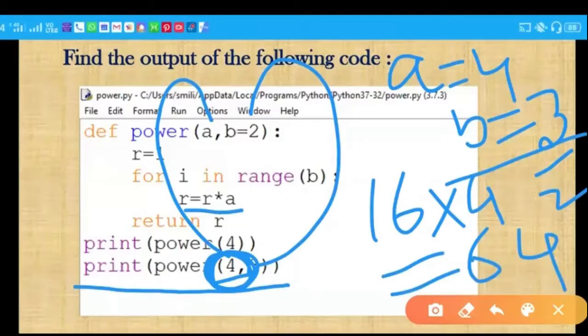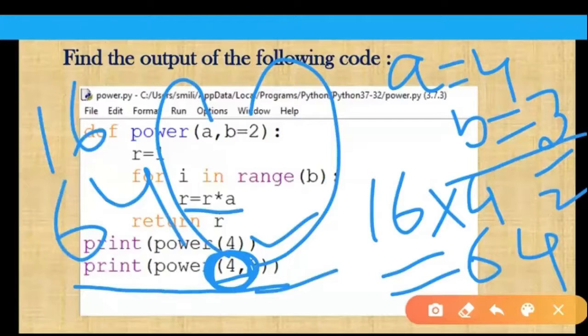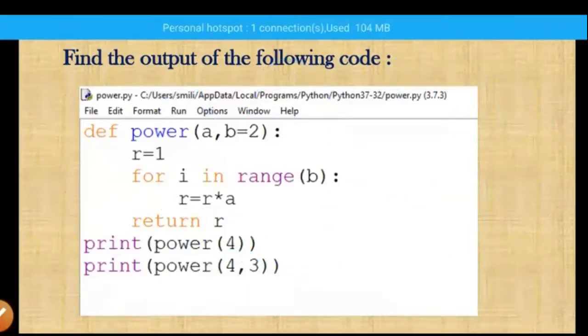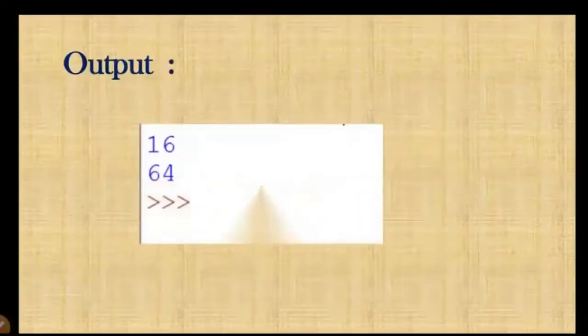So due to the first call we got the answer 16, and due to the second call we got the answer 64. So this is why we got the answer 16 and